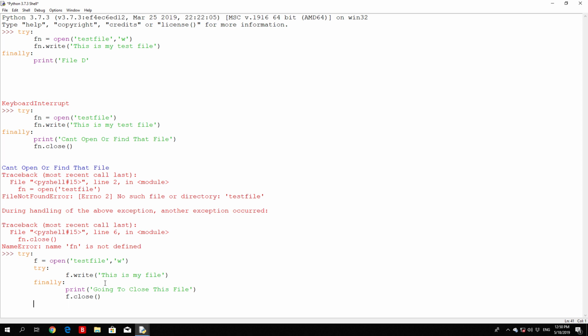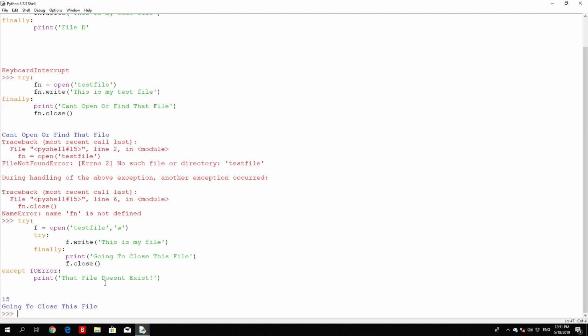And after that, we enter the except, where we are going to take a look at the IOError, which we already covered in the previous video, which is an error that will occur if a file doesn't exist and we try to, for example, open it. So except IOError, we can print